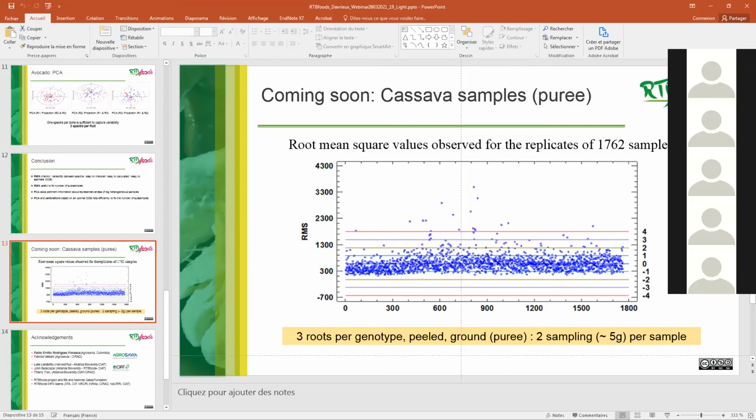But there is no assurance, depending on the presentation of the product, especially if the raw product is completely different. I have a good example of this with protein determination on rice. If we have time, I will show you that. We started from raw rice, paddy rice, to ground rice, and we did spectra at each step of the transformation of the product.